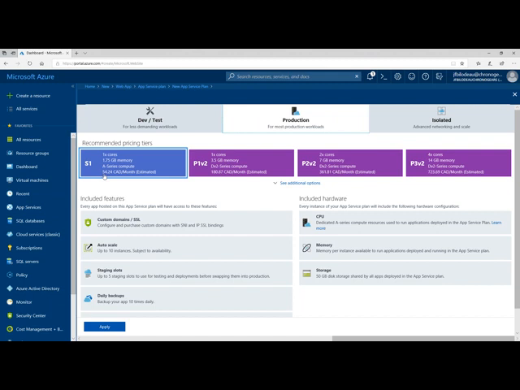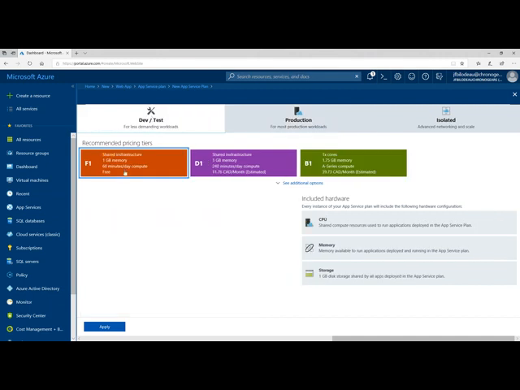This is, of course, an estimate. It is a cloud resource. You pay for what you use, all right? So it may end up being less, may end up being more, depending on how much of the resource is being used. An S1 does include some cool features, like a custom domain, all right? So for those of you who want to rename this to contosoinsurance.mycompany.com, I can do that. If I go to a dev test, for example, and I choose a shared infrastructure, I'm going to get, well, an infrastructure that is free, not a lot of capabilities, nor do I have the ability to give it a